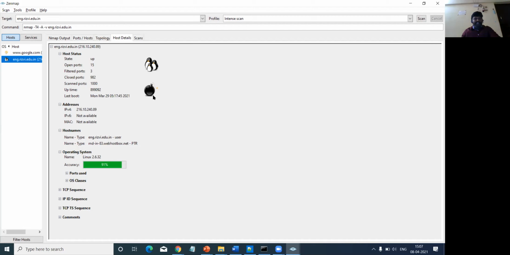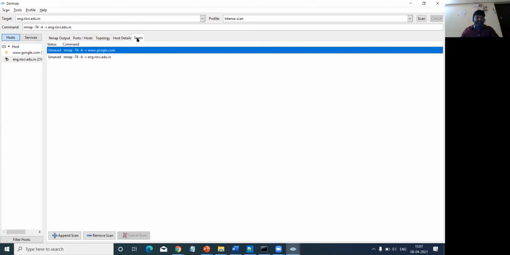Now this icon indicates that this PC is more vulnerable because more open ports are available. Here you'll find the explosive icon, which shows that this server might be more vulnerable to attack.